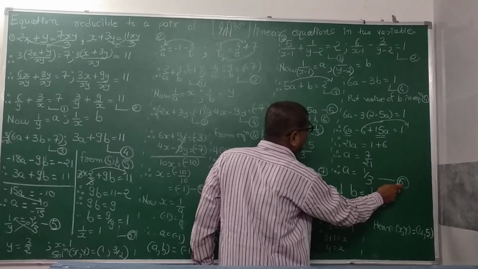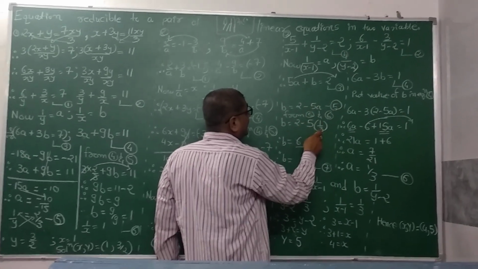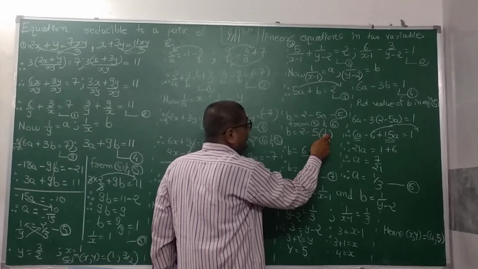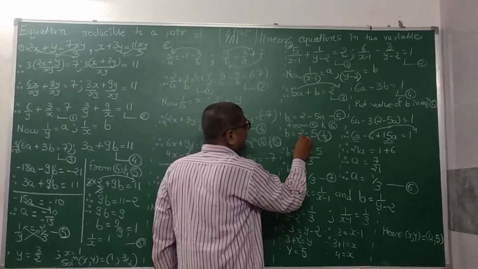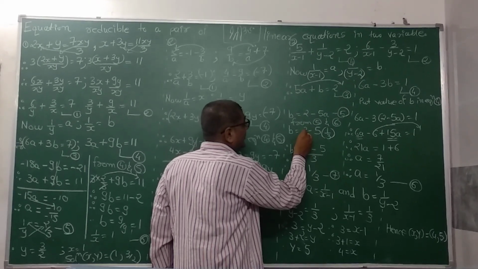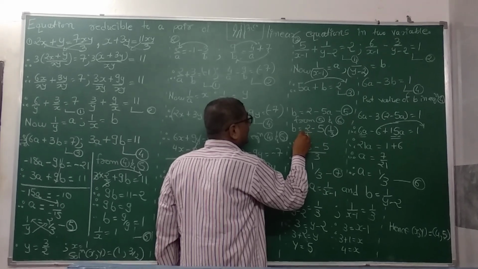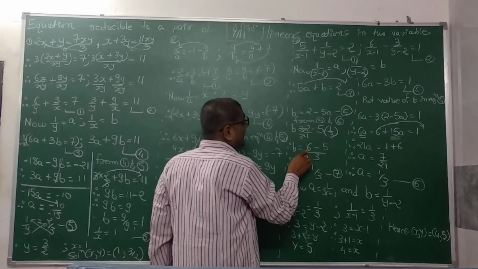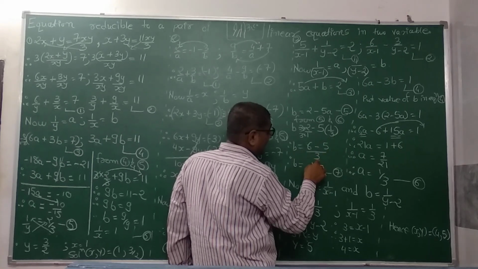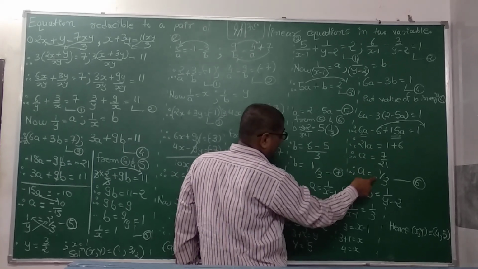Now put this equation 6 value in equation 5. So instead of this a, we have to substitute 1 upon 3. It is an unlike term, so we have to convert it into like terms by taking LCM. So here this 3 is multiplied by both, that is 3 into 3. That's why it is 6 minus 5 is equal to 1. So b is equal to 1 upon 3 and a is equal to 1 upon 3.